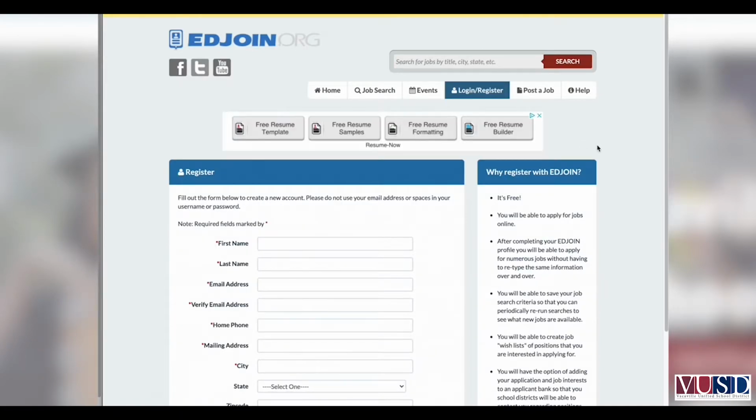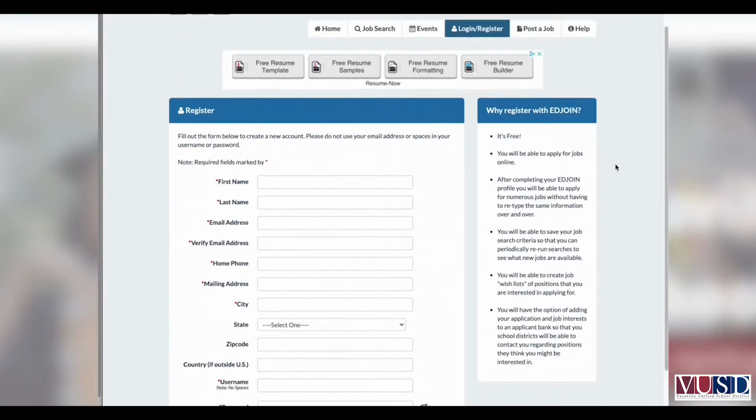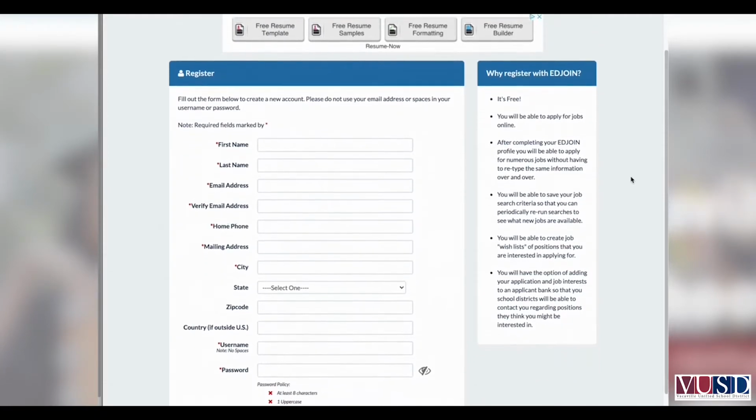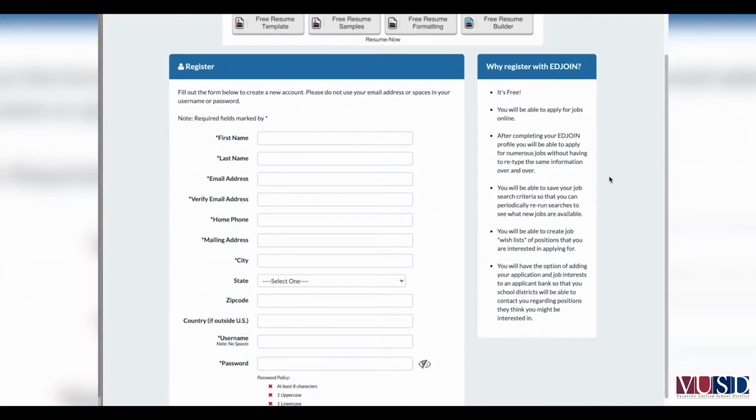Once you have selected the Registration tab, you will find that you are requested to add a variety of information that applies to you as the candidate. You will need to include the following items: first name, last name, a verifiable email address, the phone number of best contact for you, as well as your mailing address. Please note that you will create a password and a username in this step, which you will want to save